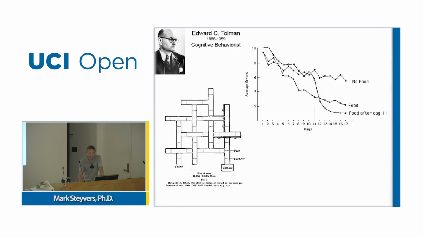But what's interesting is that even if there was no food given to these rats, there was still learning over time. The errors are going down when there's no consequence at all. Now, if there is food given, these animals learn a little bit more quickly. Now, in this particular condition, the food was delivered not for the first 10 days of learning, but after the 11th day. And you can see here that under this condition, learning goes very quick at this point in time. But again, there's a whole bunch of learning that takes place in the absence of any specific food reward.